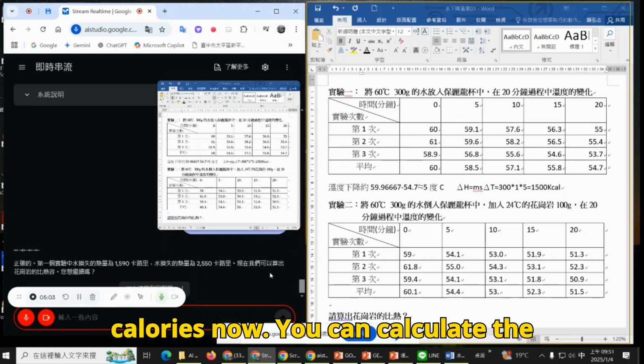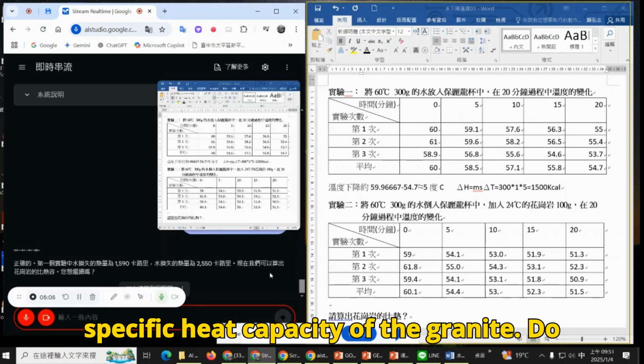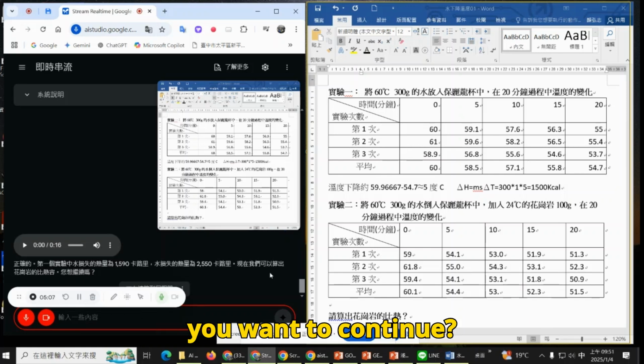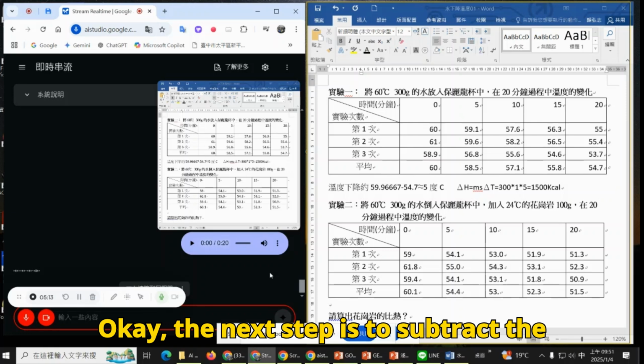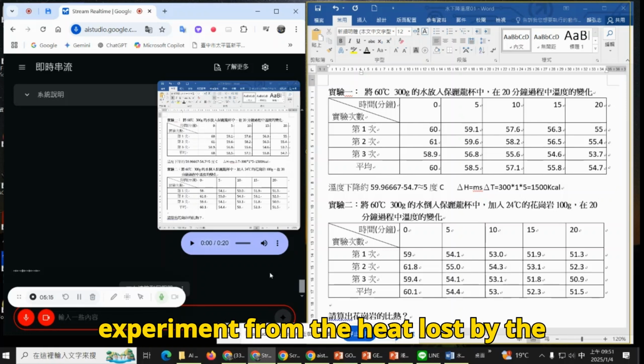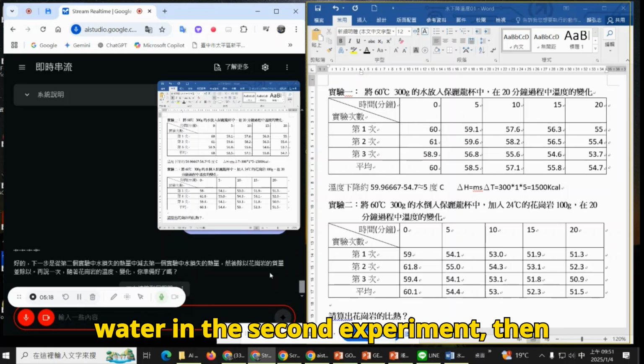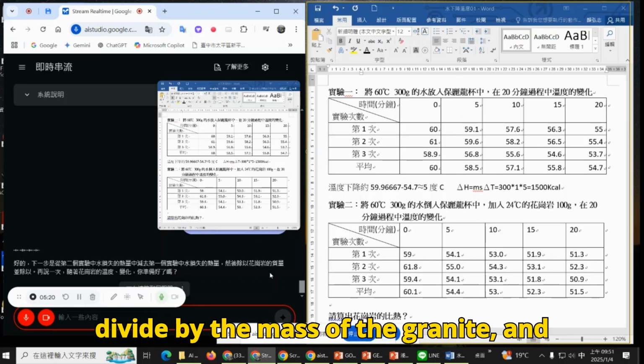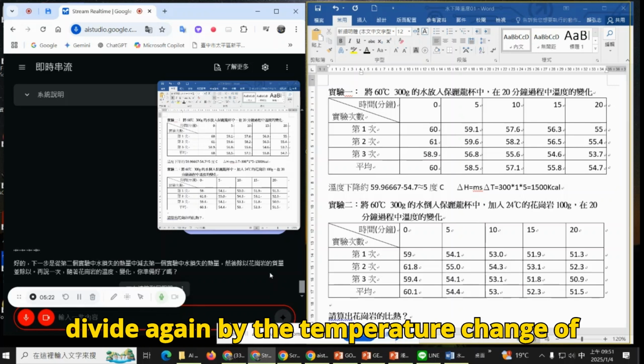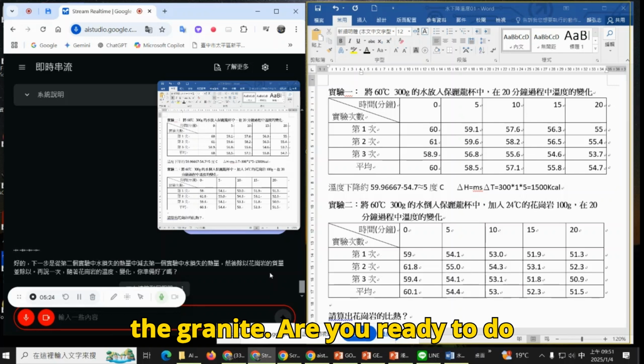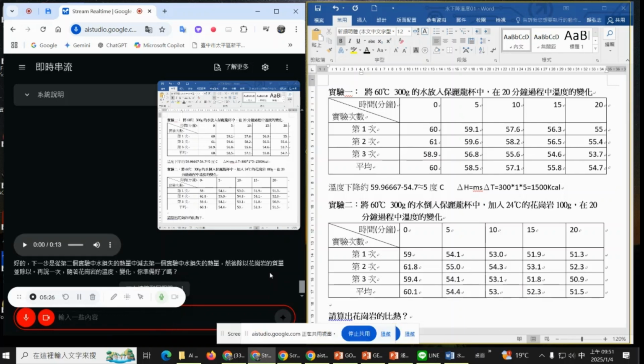Now we can calculate the specific heat capacity of the granite. Do you want to continue? 好，请你继续哦。Okay, the next step is to subtract the heat lost by the water in the first experiment from the heat lost by the water in the second experiment, then divide by the mass of the granite, and divide again by the temperature change of the granite. Are you ready to do that? 好，请你再继续。